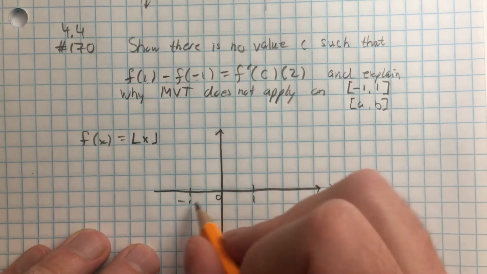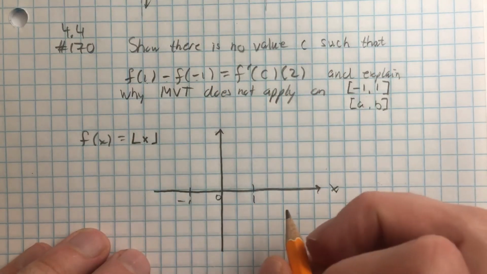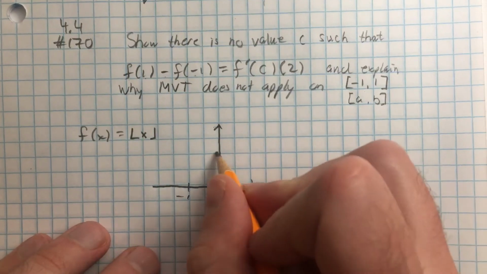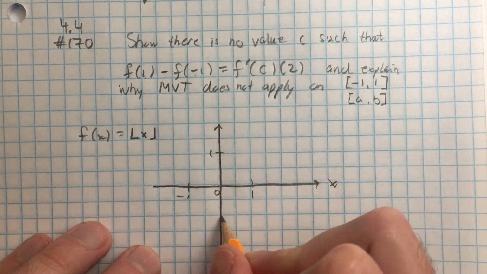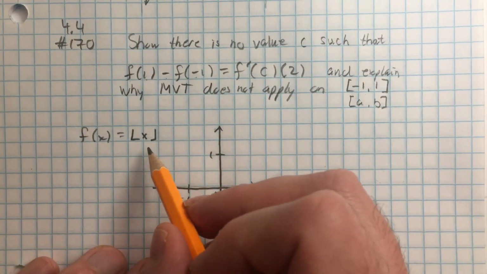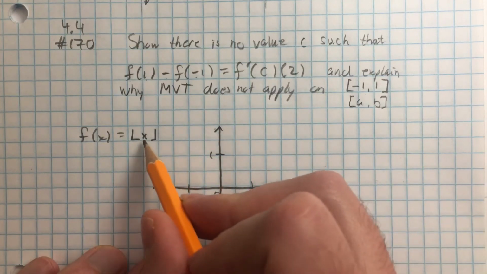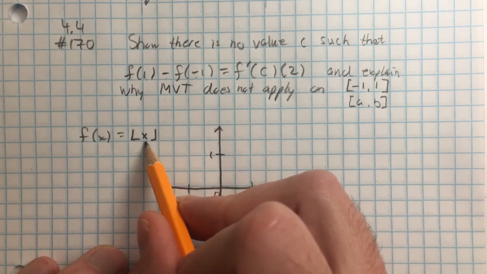That's our interval right there, negative 1 to 1, they said. Again, you can tell from here. There's 1 and there's negative 1. Okay, the floor function is such that, for instance, if I put in 0.5 in here, the floor function is going to take me down to the number 0, the largest integer